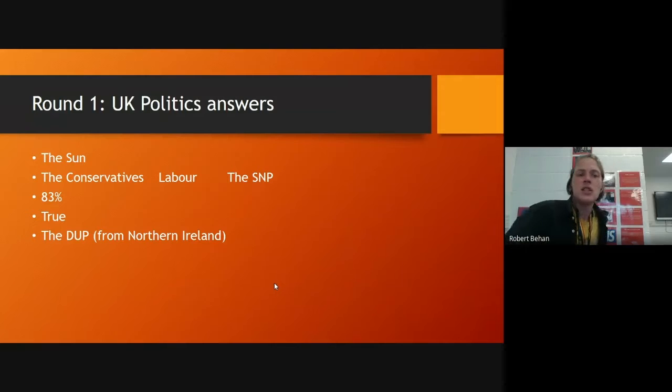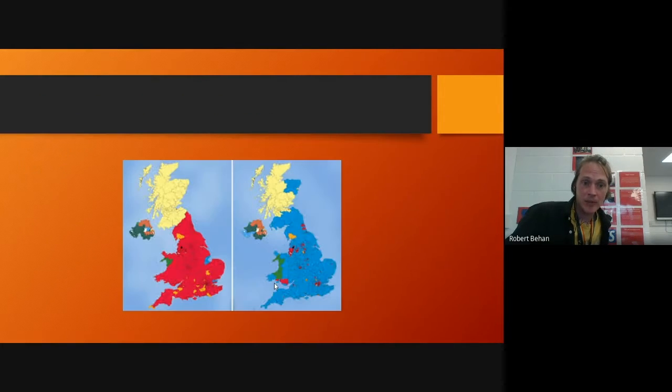If only 18 to 24-year-olds would have been voting in the last election in 2019, Labour would have won 83% of seats, rather. Check this out. The map on the left represents all of the areas that would have voted Labour, and the map on the right represents what it would have been if only people aged 65 and older had voted.